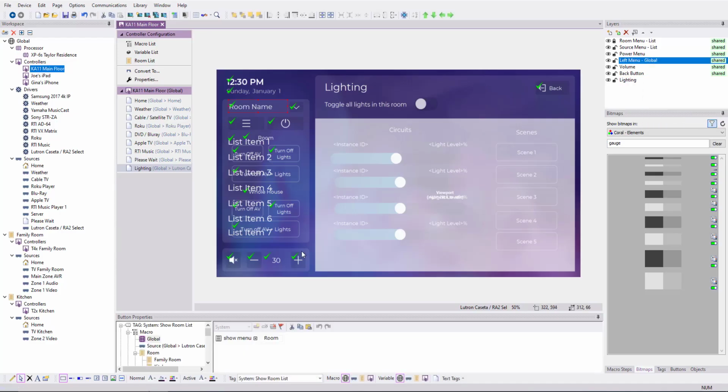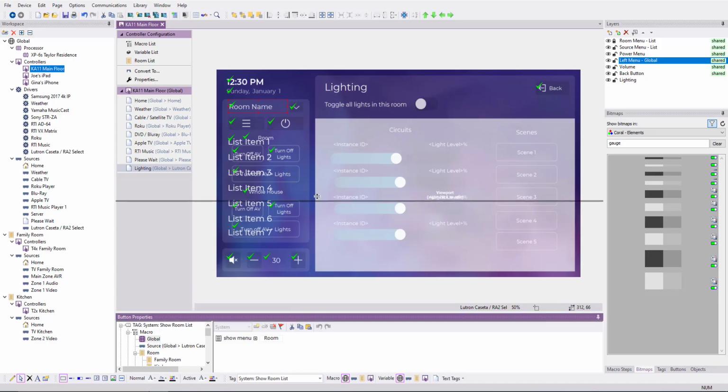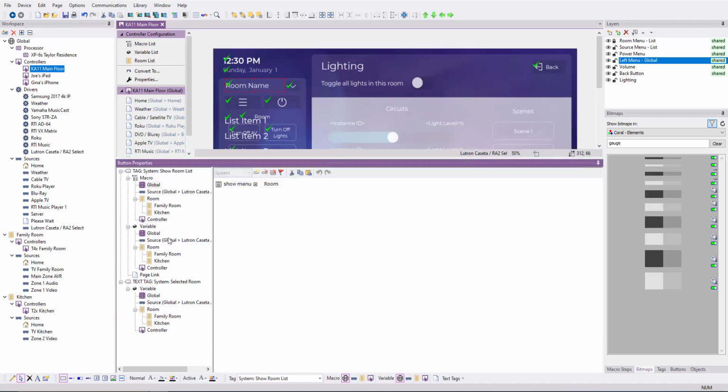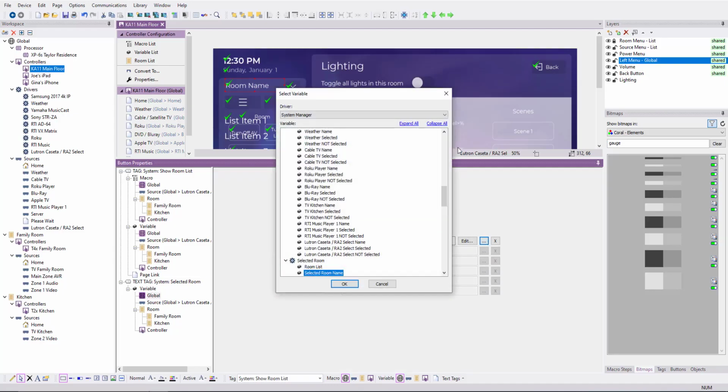This way it's easier to see here in the window. And I'm going to bring this up here and I'm going to go and look at my different variables. Here we go. This is easy to see. All right. So for every room, you get to know the name of the room. So you could set these up as variables. So if you change the room name, it now will change anywhere where you have the room name